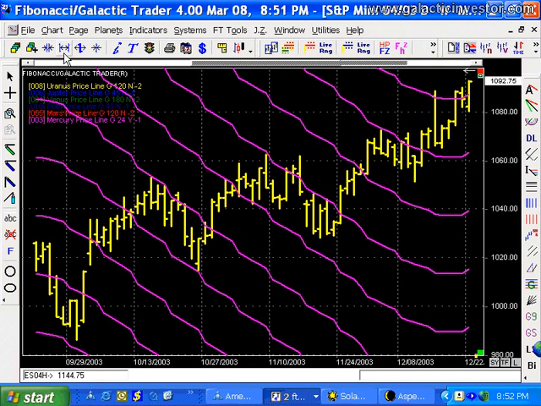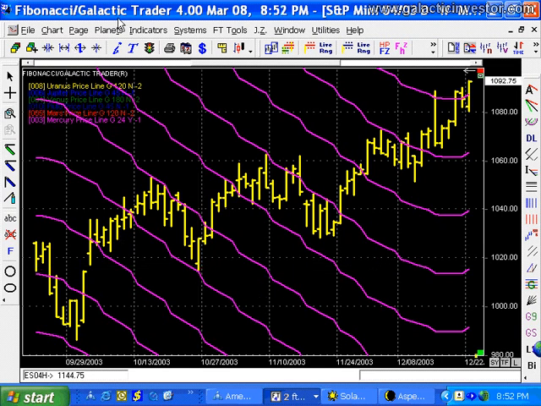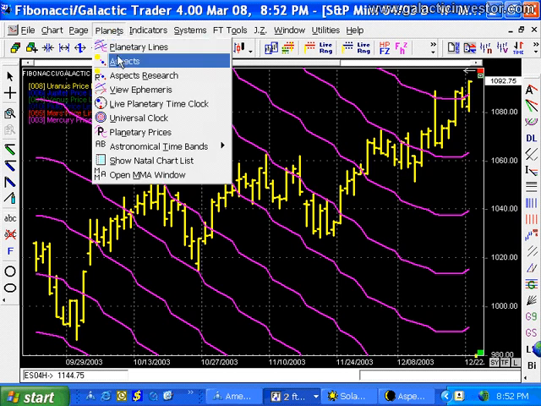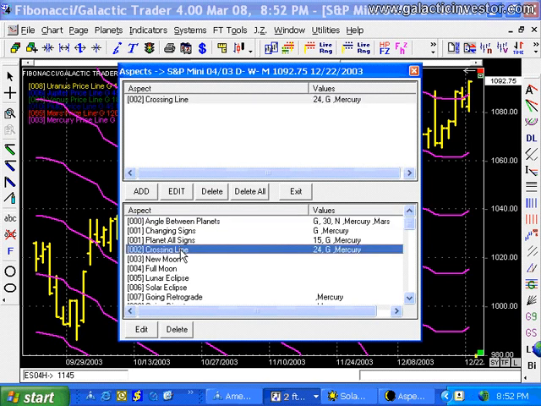Now we got something here that is right on the money, and it's the kind of precision that you want to look for. Here's the 24th, Mercury crossing the 24 line. Now, to make it easier to identify, you can also go to planets, aspects, and here's one crossing the line